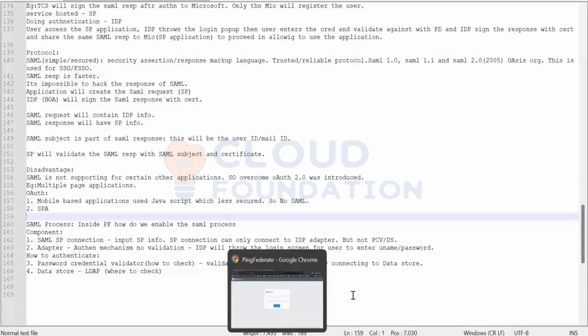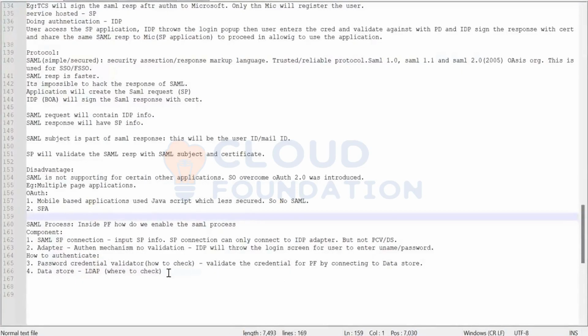Here, before starting with the SAML, right: in the SAML response, or normally in the OAuth response, both of them we will be sending, and they will be validating the response based on the certificate. It's there in both of them. Even in OAuth, they can validate based on the certificate. In SAML also, they can validate based on the certificate. Actually, there are two things out there. Here in SAML additionally, the SAML response can be validated based on the SAML subject also.